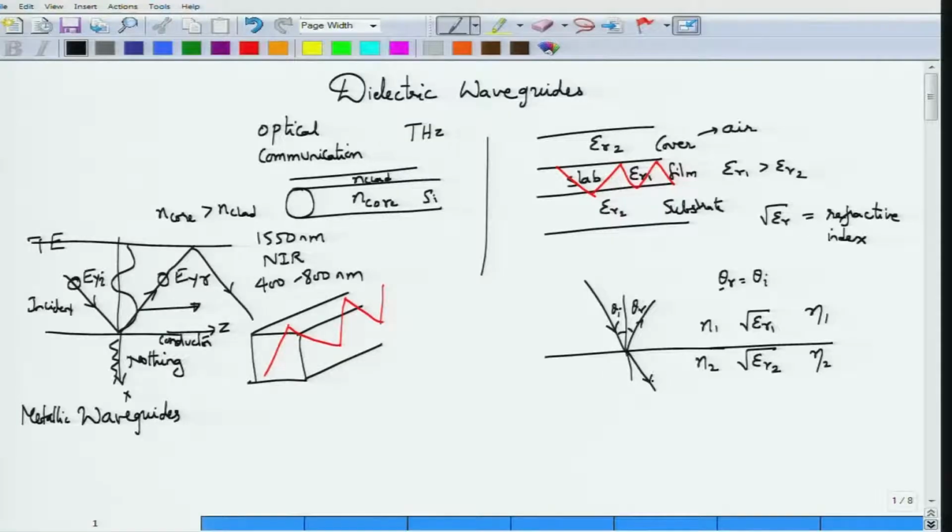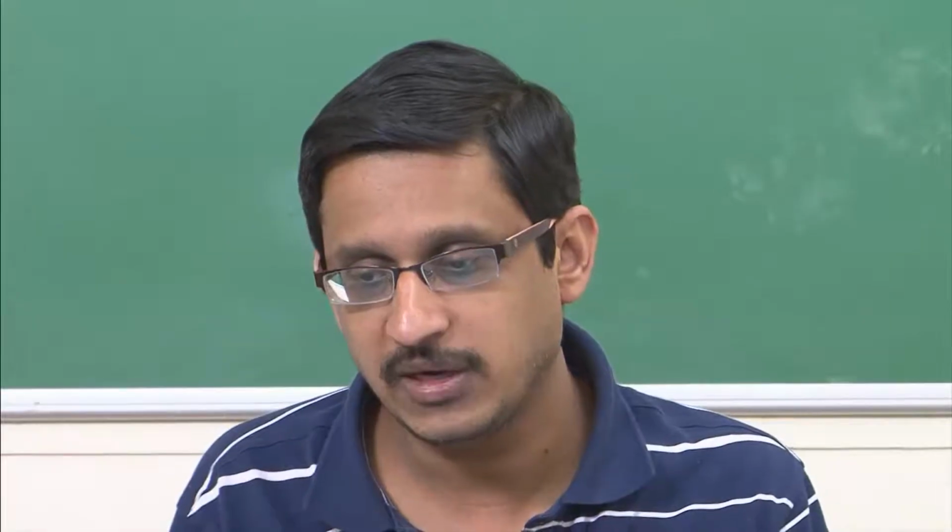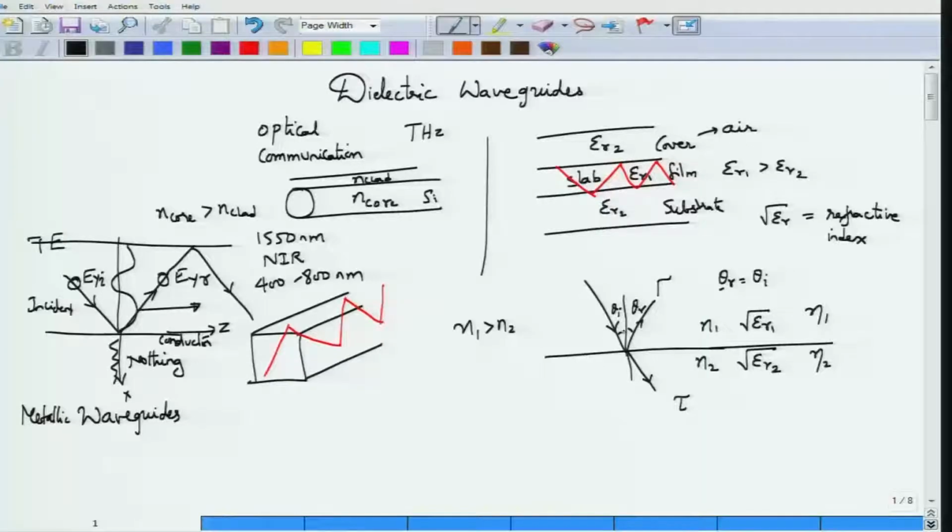There was something in the second medium, and the amplitude of the wave in the second medium was related to the amplitude of the incident wave by a transmission coefficient. Similarly, the reflected wave was related by the reflection coefficient gamma. As long as this condition, that n1 is greater than n2, held, you would always find some transmission and some reflection. So light that is incident would split into some reflected component and transmitted component, and your angle of incidence